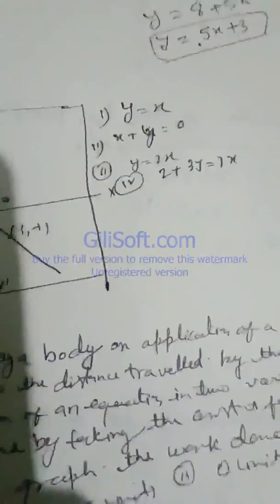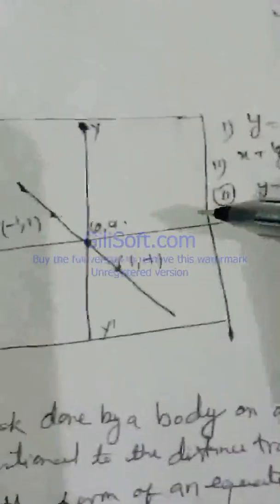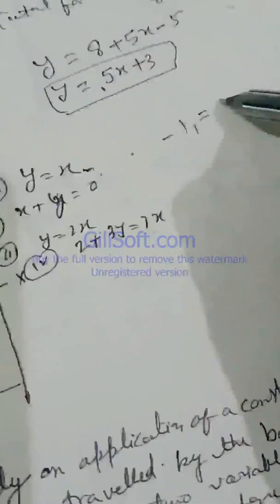Now next question number 5. It is given some figure of a graph, and we have to check here which is the correct equation. Your first equation, look here, this is the graph and the points given are minus 1 1, 0 0 and 1 minus 1. Now we have to check. Suppose y is equal to x is given. If we put here 0 0, then it is satisfied. But when we put minus 1 1, then minus 1 and there is 1, so it's not satisfied,